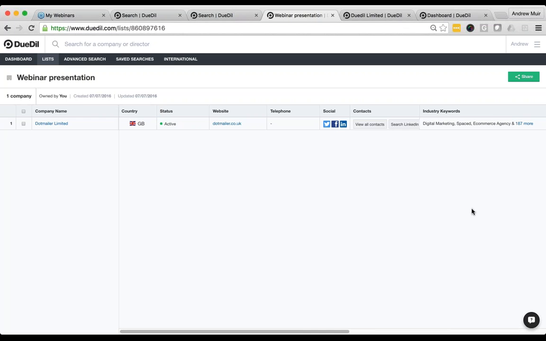And the idea compared to research agencies that can exist around there, which was the second part of the question, is we think that the data presented in the right way can give you already a lot of the insights that you're looking for. But the beauty of DueDil is that you define your own niche. You know where the data comes from. You know how to define it, and you're not relying on someone else telling you that the tech industry is a certain way.